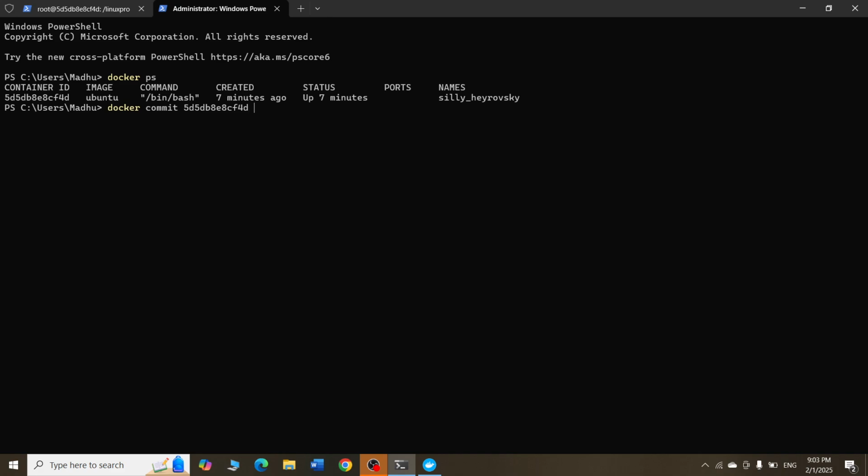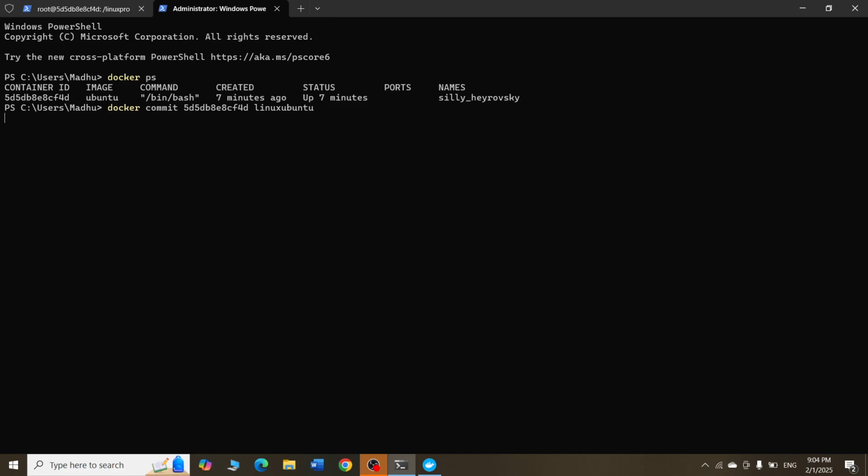Okay, and give a new name to your container. So I can say like Linux Ubuntu. I have given it a name called Linux. See, you can put it as Ubuntu only. But every time you try to pull a new Ubuntu image, your data will be lost. So better you give a new name. So I have given it as Linux Ubuntu. You can give any name of your choice.